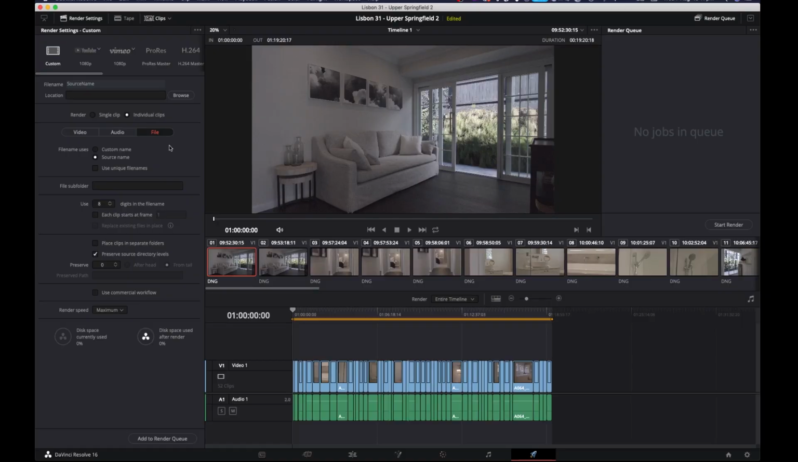So the names have to be the same as the original DNG footage. That's a really important step. So that's all clicked and ready to go. Everything else is good to go. So I can literally now add to render queue,